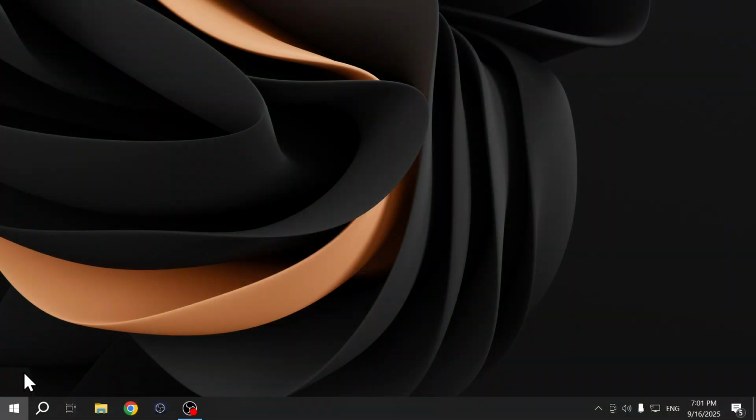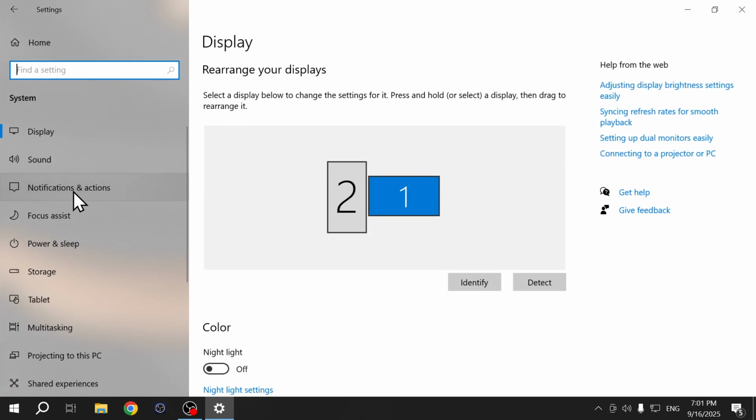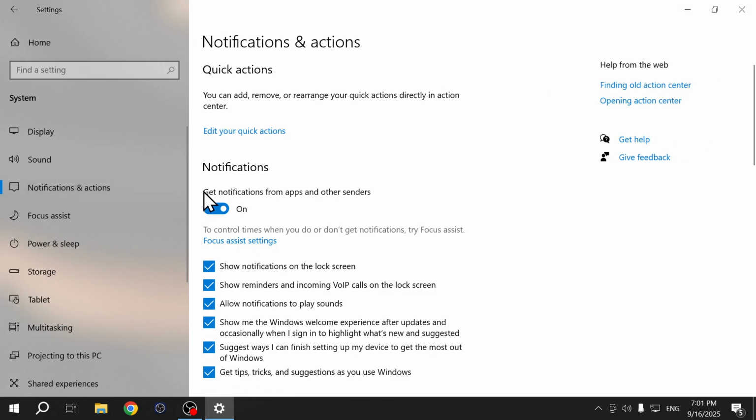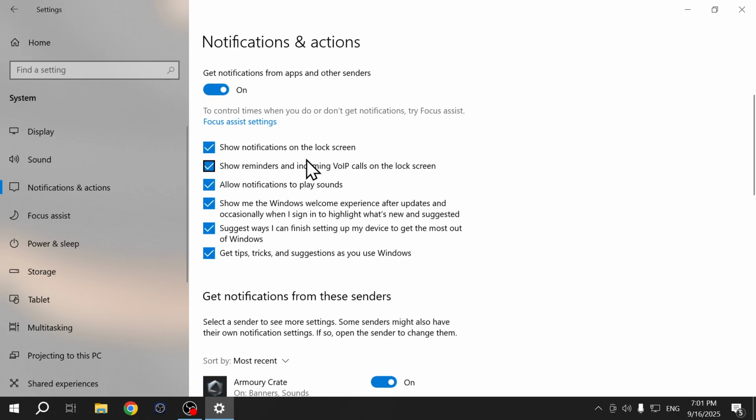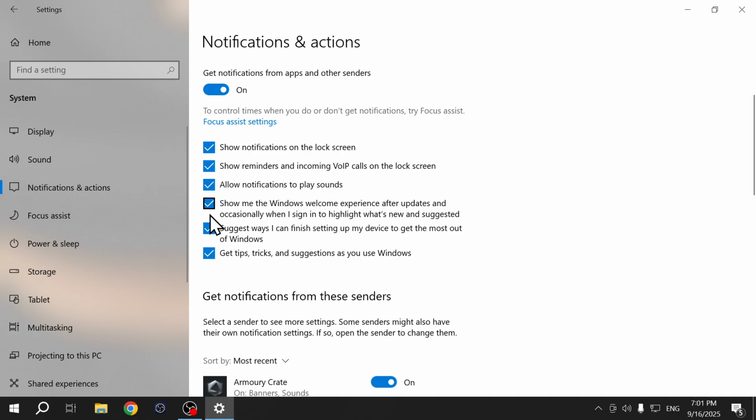First, open the Start menu, then go to Settings, then select System and go to Notifications and Actions. If you want to disable notifications completely, just switch this toggle to the left. And if you want to only disable some specific kinds of notifications, you can uncheck the checkboxes right here for